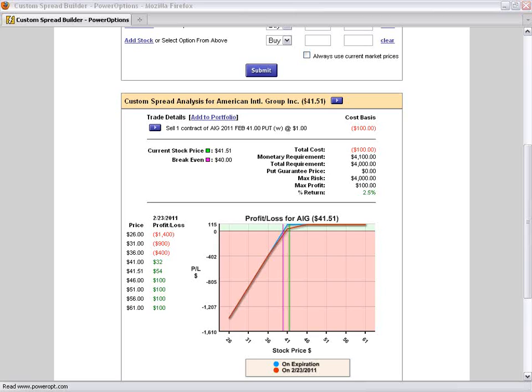Let's go ahead and do that. 41 strike. We'll do 1.5%. So that's about 62 cents. 1.5% of 41 is 62 cents roughly. So I'm going to look to buy to close my short put if the stock reaches or drops down to about 40. No, I'm sorry, that's not right. I did the math wrong there. Yeah, that's about right. Okay.